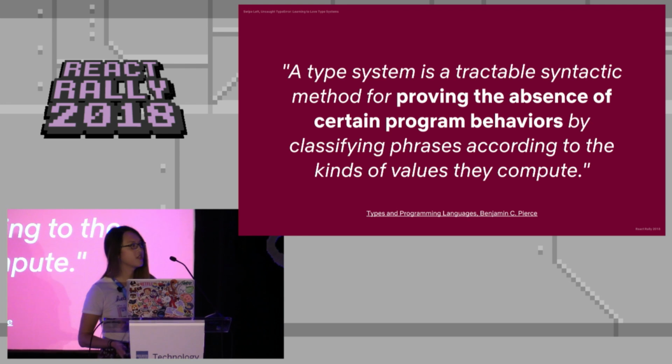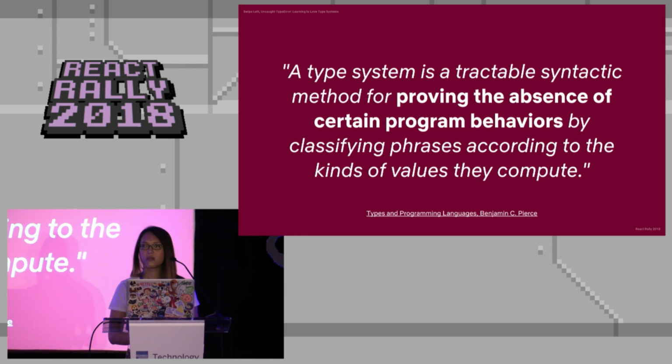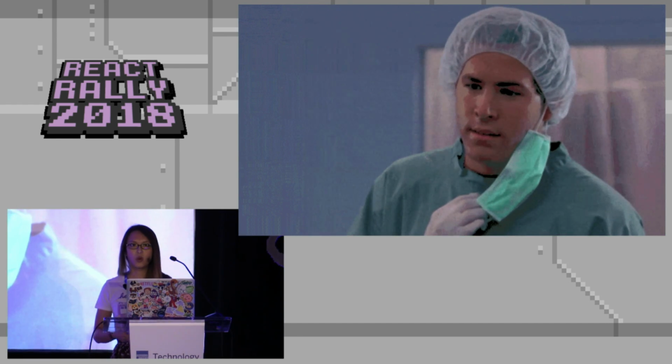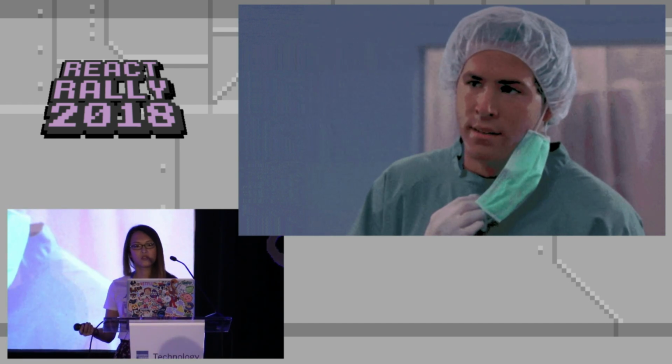So what is a type system other than something that yells at you a lot? There are many different definitions, but my explanation is that a type system is a way to add constraints to code. A type system is there to help you enforce the logic that is consistent within those constraints. But why? Why are constraints useful in your code?